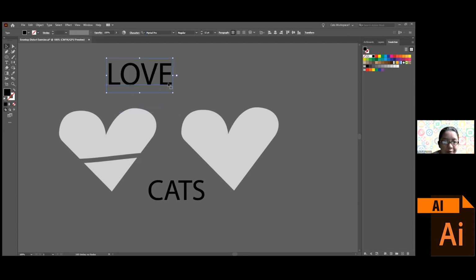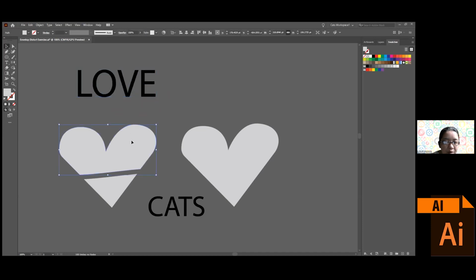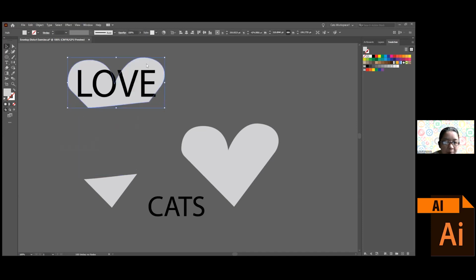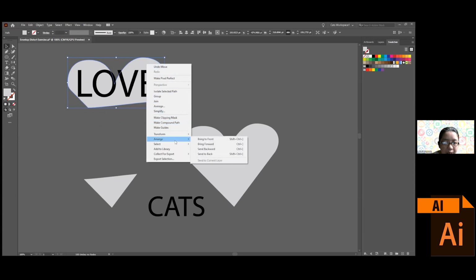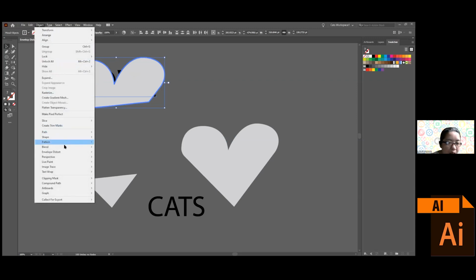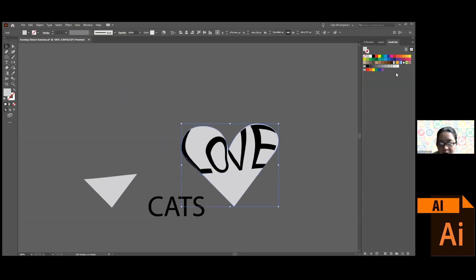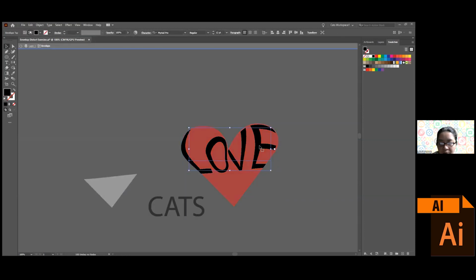A couple of cool techniques now that you can use with envelope distort. Put this on top. Right click, arrange, bring to front. Select both objects, go to Object, then Envelope Distort, Make with Top Object. Then you have that. Then you can put it here. So let's change the color of the heart, change the color of the text to white,